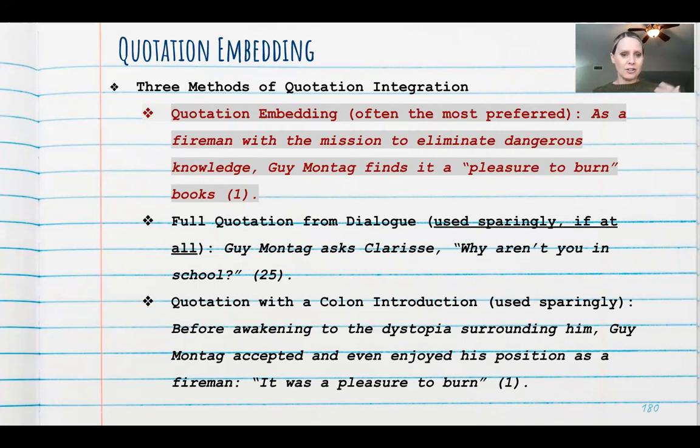And we may find ourselves, depending on the length of the paper and how much evidence we're presenting, using the other 2 methods maybe once or twice, again, depending on how many quotes I'm using. If I'm writing a 10-page paper and I have about, I don't know, 15 to 20 quotes in there, I could certainly see myself using all 3 methods. But if I'm presenting a shorter piece, maybe a 1 to 2 page paper where I'm only presenting 3 or 4 quotes, then I would very often not see the second or third methods at all.